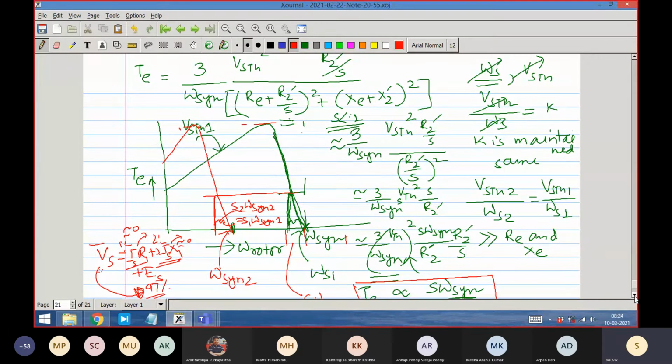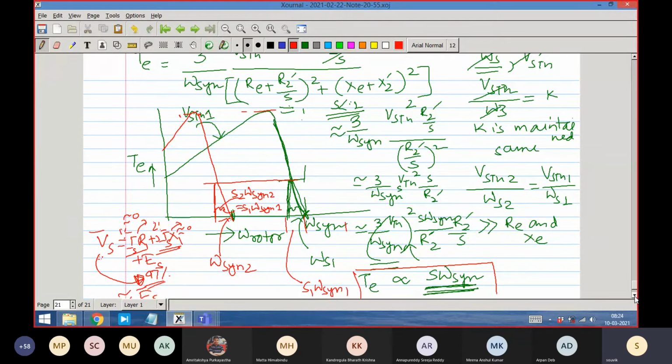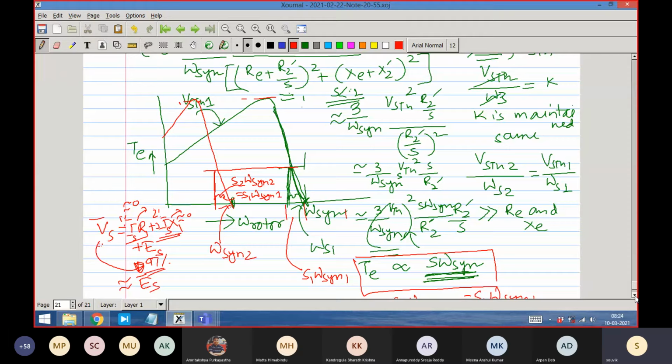Okay, so this is how a new, slightly different slip will be developed. So a slightly different slip will not be constant. You must understand that it is not slip that is constant, but slip frequency that is constant. For the same torque, you require the same slip frequency, the product S2 omega sin 2, that will remain constant. And the maximum torque is also approximately constant. I should not say exactly equal. The maximum torque is this, that also is more or less constant.